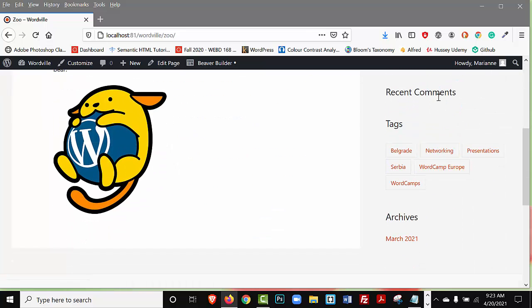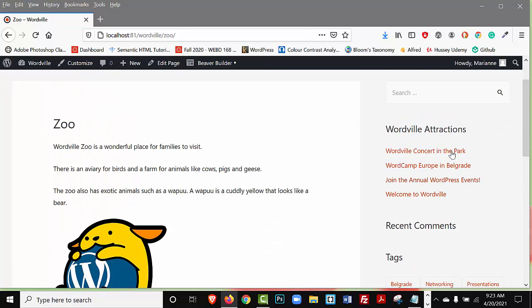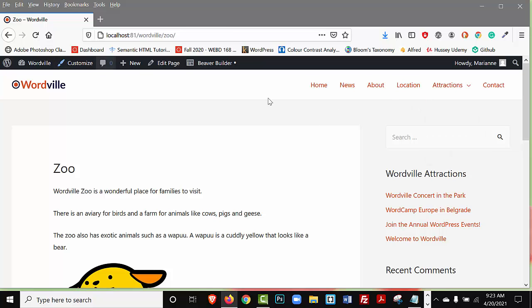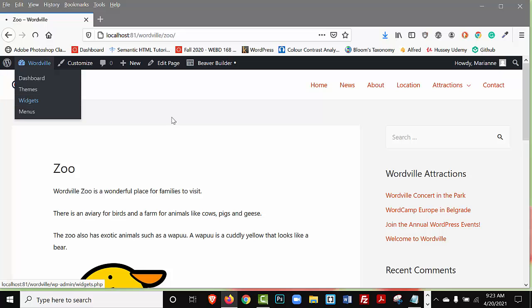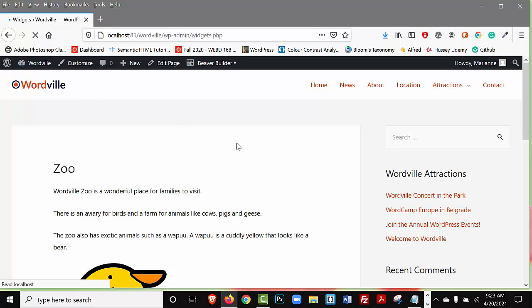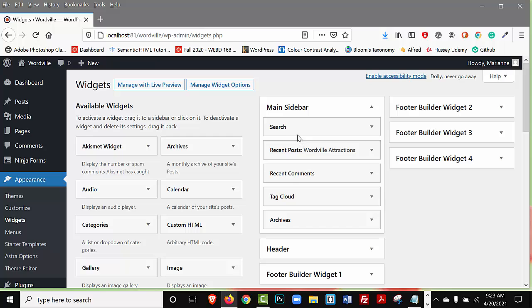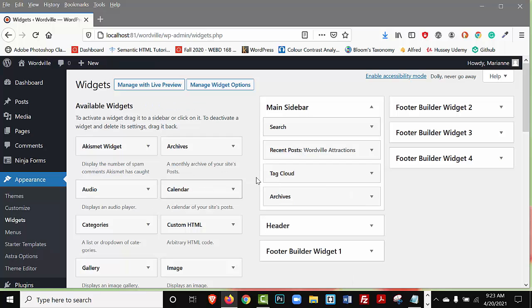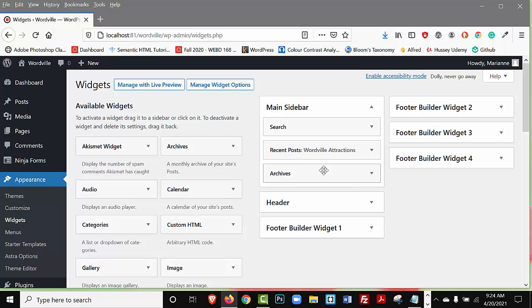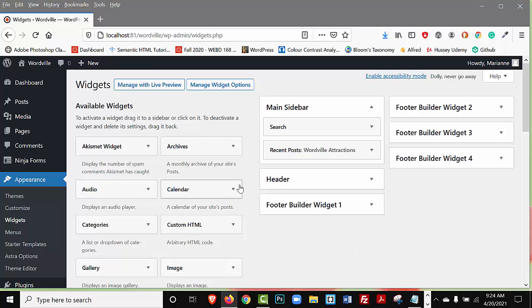Now it also has recent comments, tags, archives, and the search menu. And I really don't want those, so I'm going to go over to Wordville and select the widgets page. And I'm going to come in here and all I want is the search bar and the recent posts. I'm going to drag these extra widgets that I don't want back over. So I'm going to get rid of the tag cloud and the archive. All right, so now if I go and view those pages